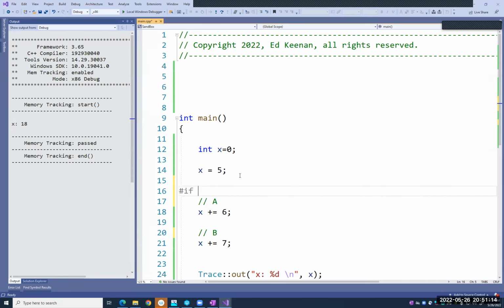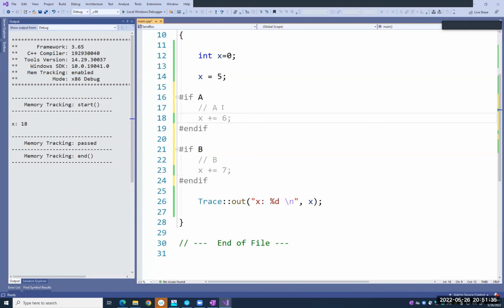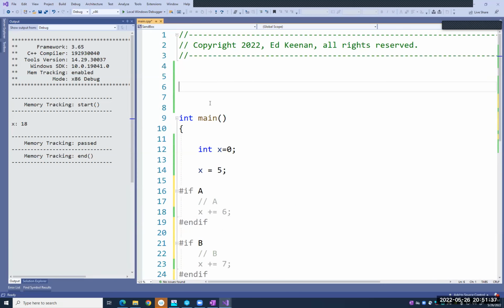I can go pound if A, and pound if B. So this is like an elaborate switch, basically. It's a compile switch. Right now it's grayed out, right? So then all I do is